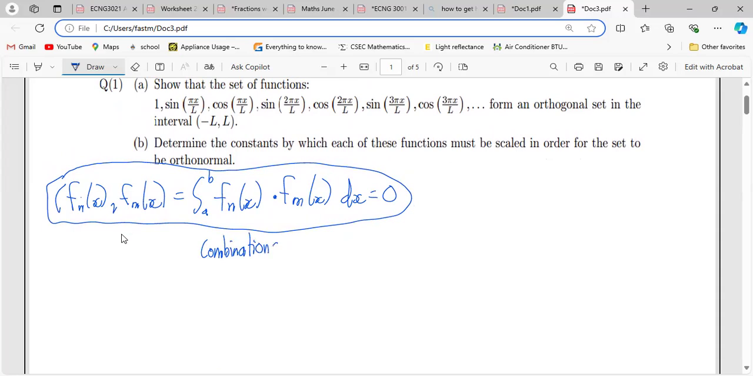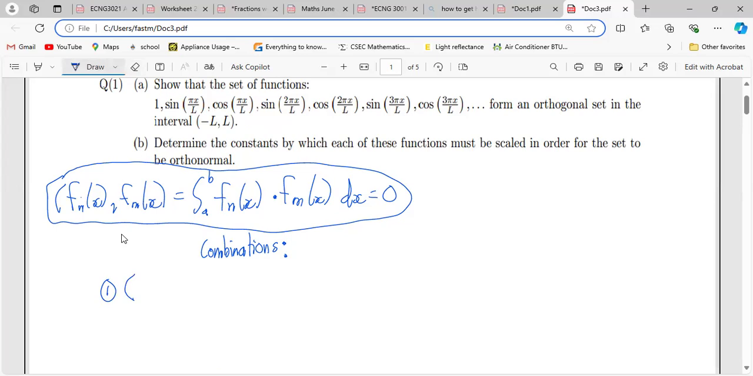So let's see what combinations we can have in this set. What I mean by combinations is, remember, you're trying to show that you could pick any two functions in that set, multiply them and integrate them, and get 0. So you have to show it for each possible combination in that set. So you start with the things that you could multiply by 1. The first one you could end up with